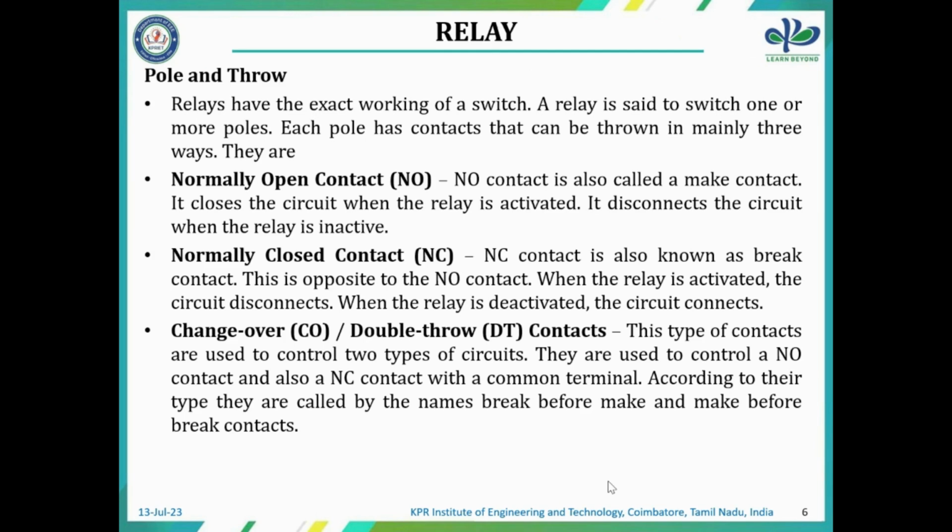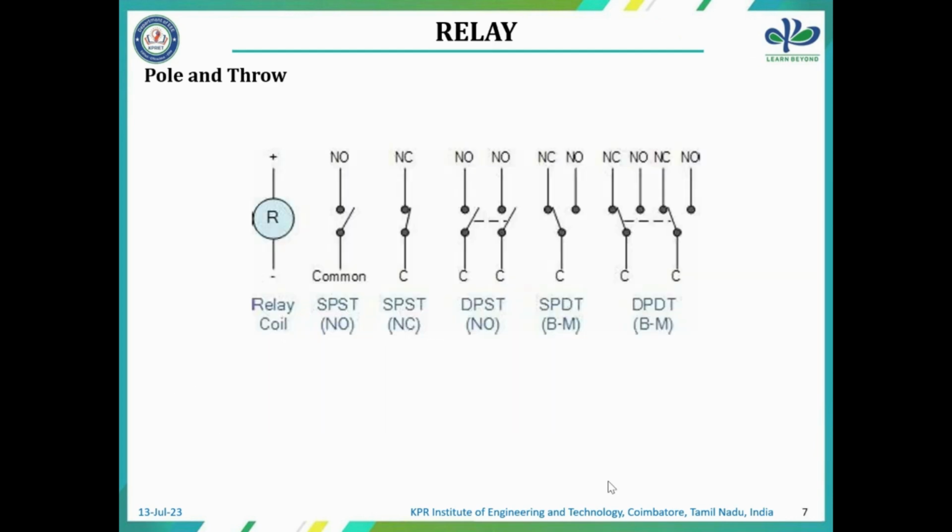A normally closed contact is normally closed, and it is known as a breaking contact. So the NO contact is normally a making contact, and the NC contact is normally a breaking contact. That is what it possesses. With the NC contact, when the relay is activated the circuit disconnects, and when the relay is deactivated the circuit connects. The changeover or double throw contacts have many types, which we will see in later slides. Here are some of the pole and throw types I have mentioned: NO, NC, and both NOs could be connected by